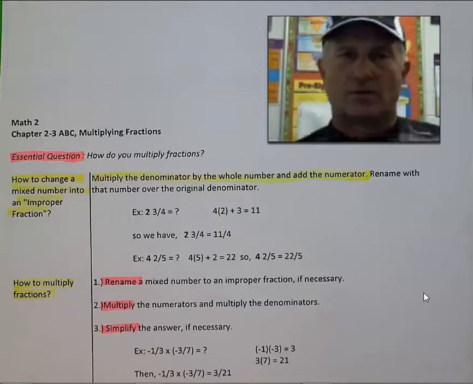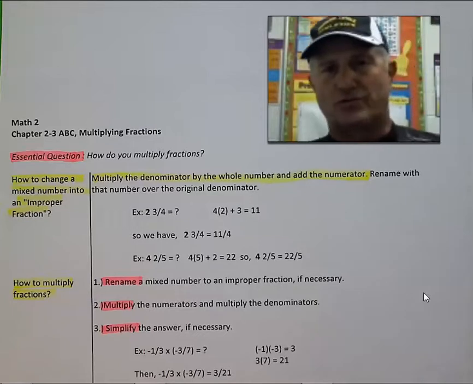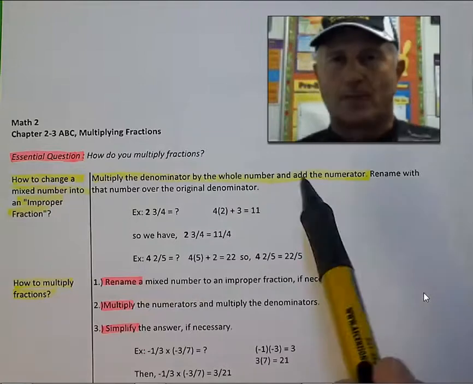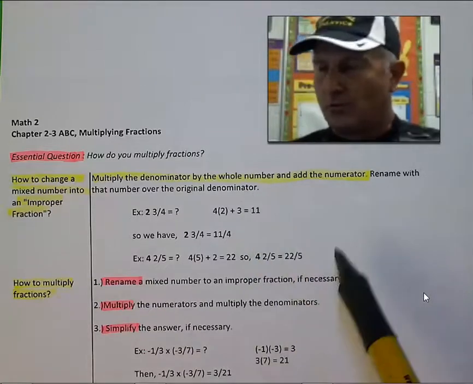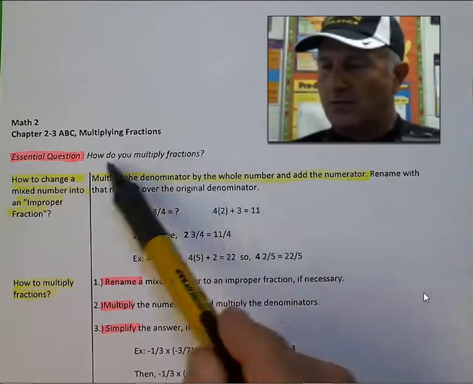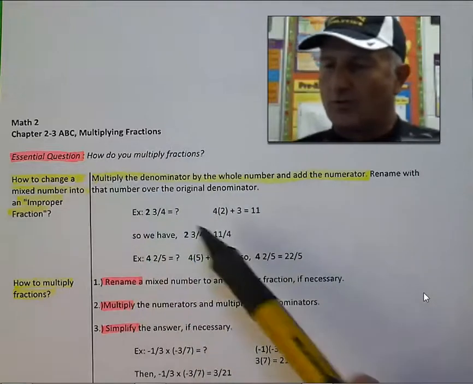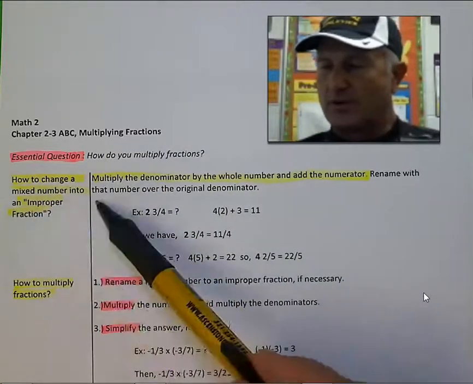All right, let's take a look at Chapter 2, Section 3, A, B, and C, multiplying fractions. Okay, again, this should be pretty straightforward for you. The essential question here is how do you multiply fractions? Well, the first thing I want to look at is how to change a mixed number into an improper